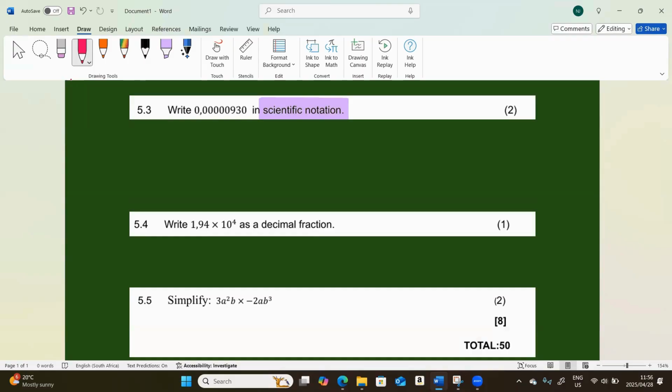But this is a very small number. Can you see all of the zeros after the decimal point? Okay, so that means it's a very small number. All right, so we can go and rewrite this very small number in an easier way without all of the zero decimal places, basically. Okay, so that is what scientific notation is all about. And there are specific rules when you do scientific notation. Okay. So the first rule that you have to apply with scientific notation is that you have to look for